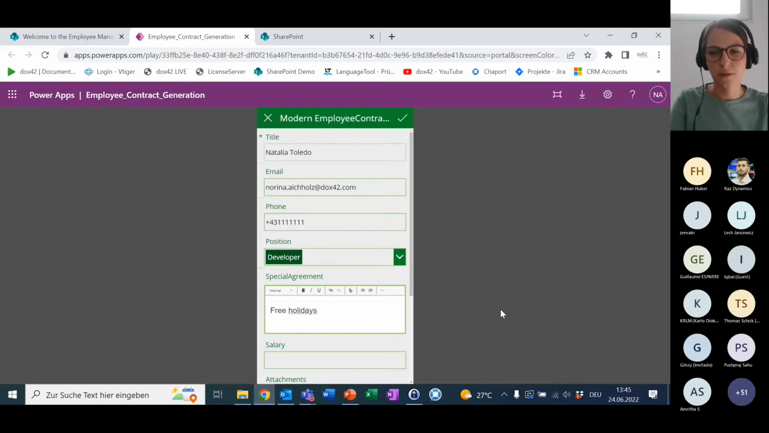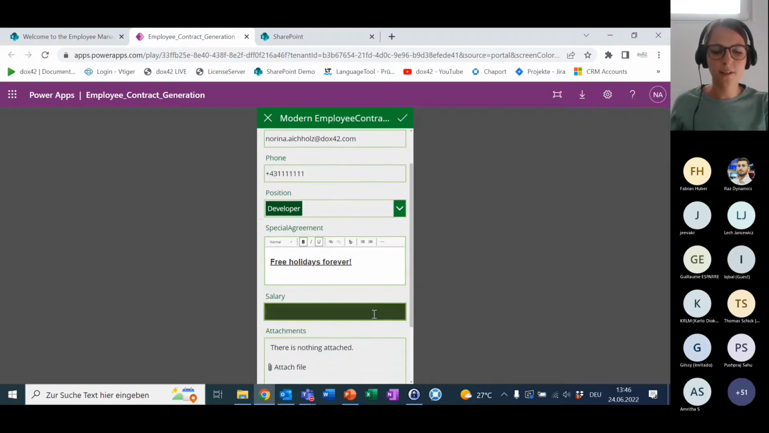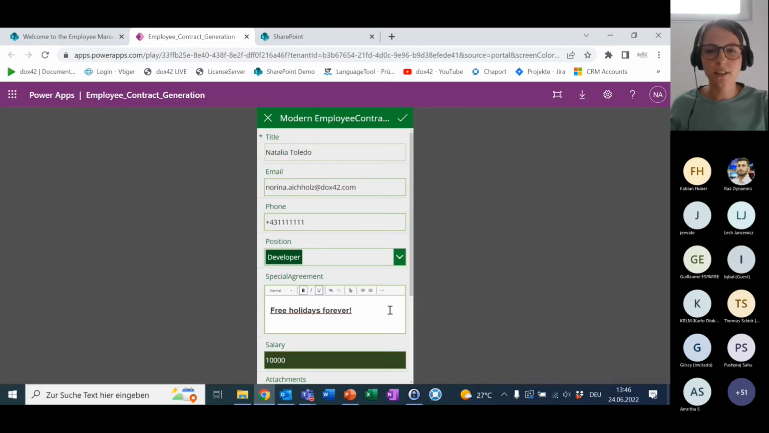So we can also put data here and it will be actually included. And we can also say, okay, I want to make this bold, also underlined, whatever you prefer. All right, and the salary, and that was actually it. When I now click on OK,